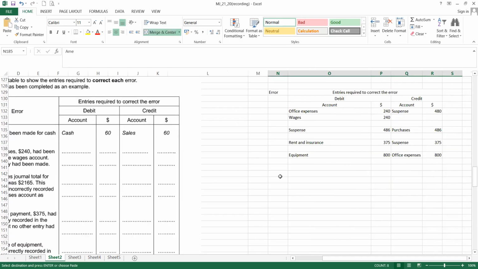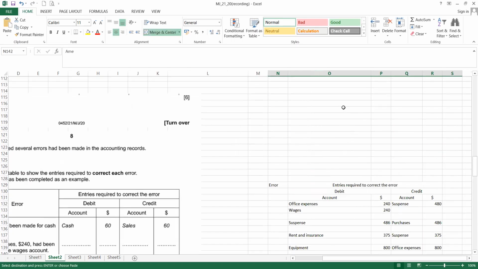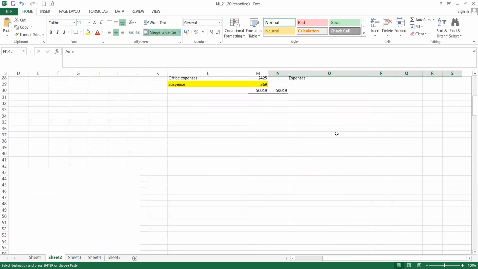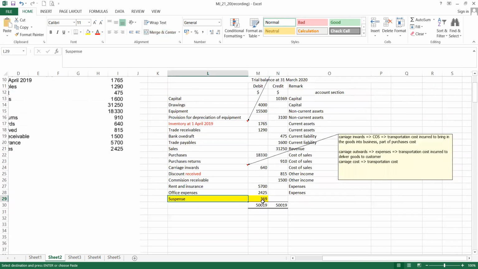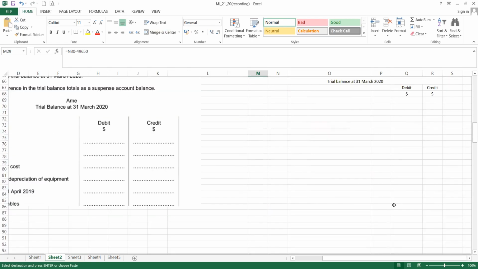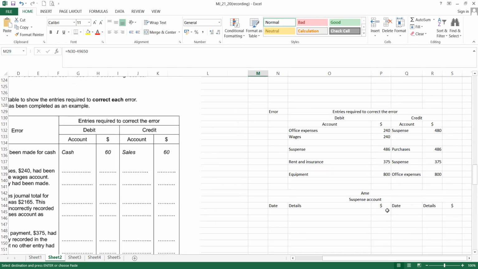I put it in here so that it is easier for me to do the recording. The suspense is 369 on the debit side. So we put into the debit side